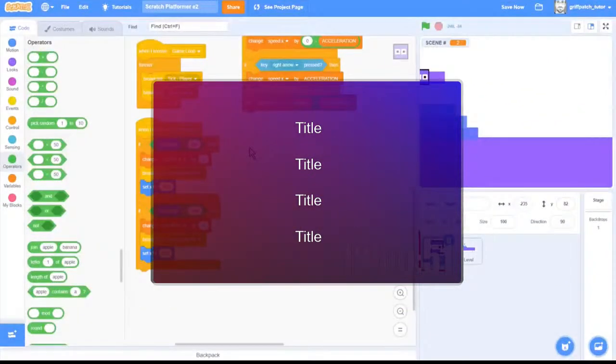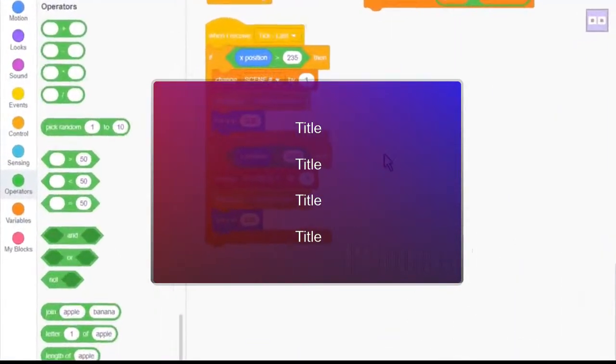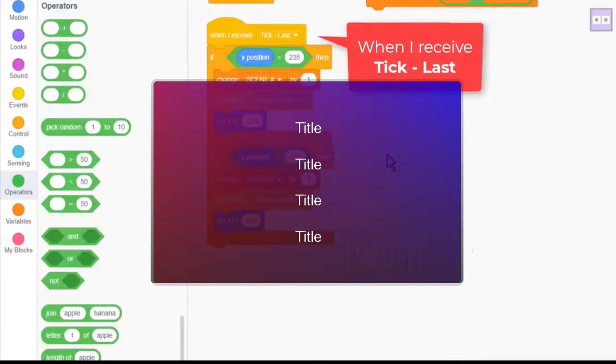We are out of the collision. Simple enough, right? So let's code that up. In the player sprite, find the when I receive tick last script. So notice we have a bit of repetition here. The scripts for moving off the right side of the screen and moving off the left side of the screen